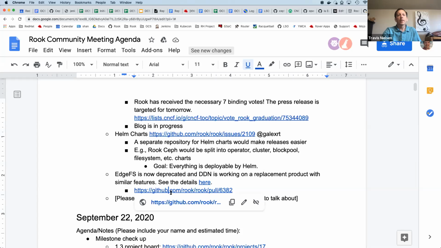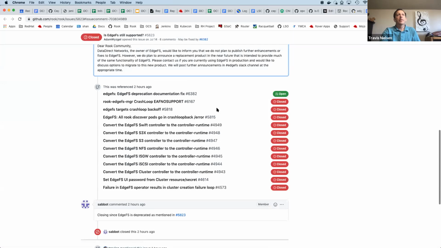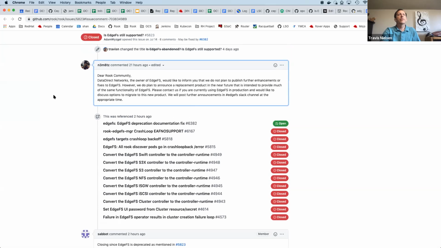Let me just go ahead and click on that. So for the recording, I'll read it. Dear Rook community, Data Direct Networks, the owner of EdgeFS, would like to inform you that we do not plan to publish further enhancements or fixes to EdgeFS. However, we do plan to announce a replacement product in the near future that is intended to provide much of the same functionality of EdgeFS.